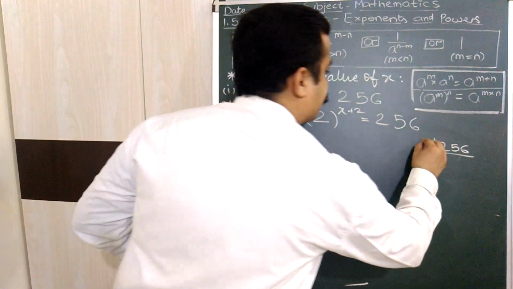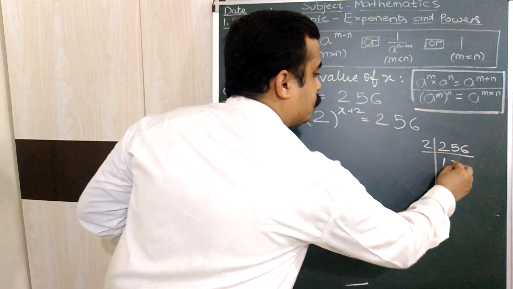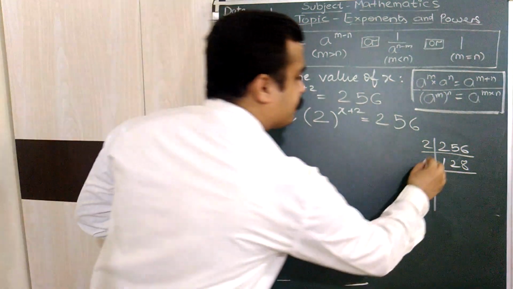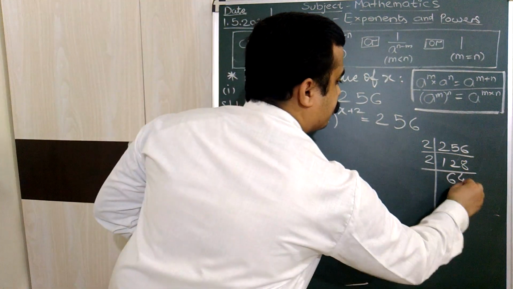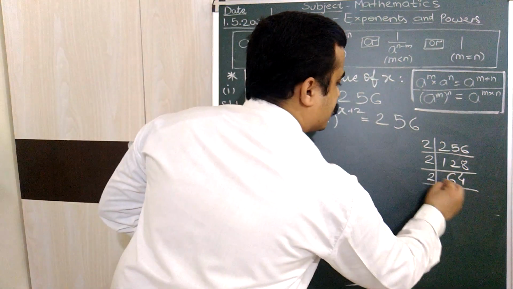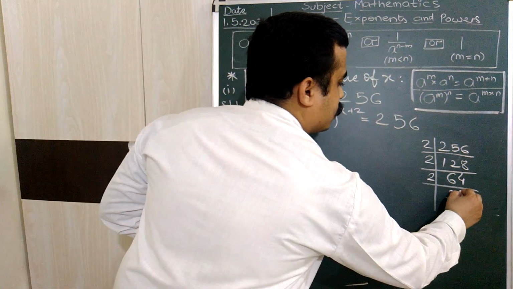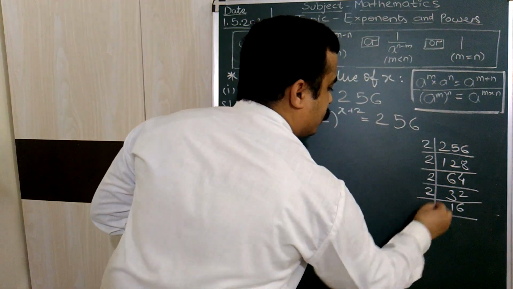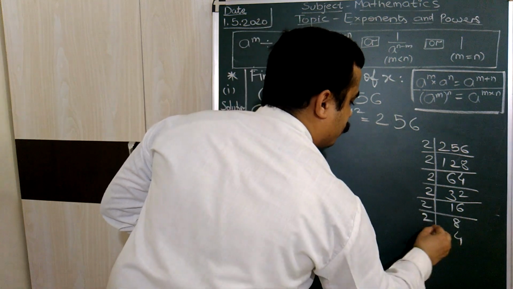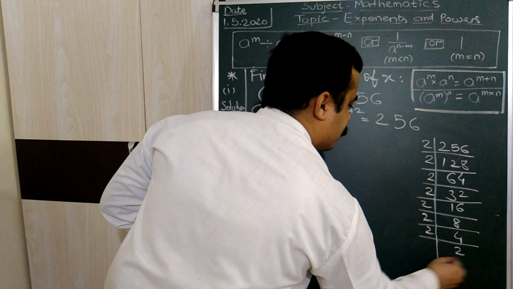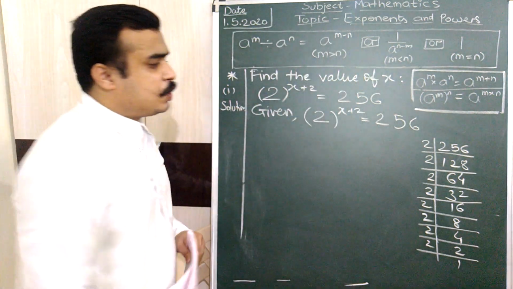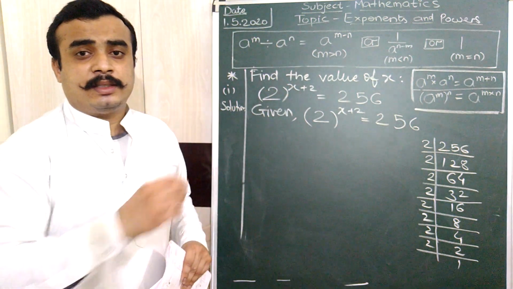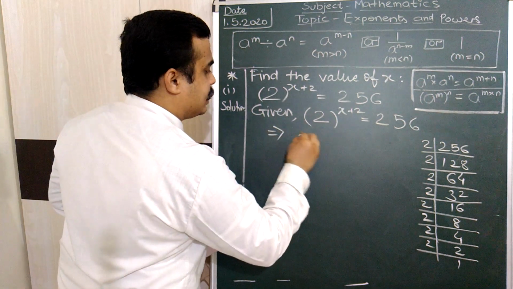prime factorization. 2 1s are 2, 2 2s are 4, 2 8s are 16, 2 6s are 12, 2 4s are 8, 2 3s are 6, 2 2s are 4, 2 1s are 2. So here we can see that 1 2 3 4 5 6 7 8. That means 2 is repeating 8 times. So we can write it as